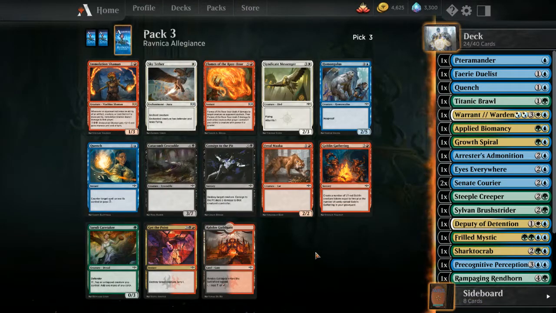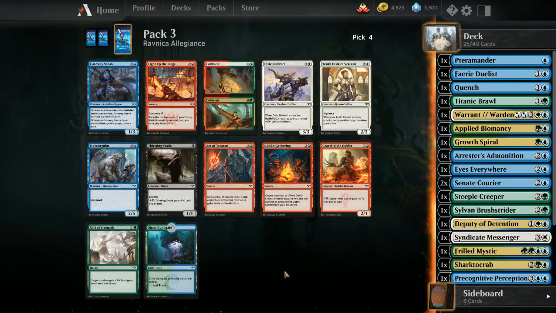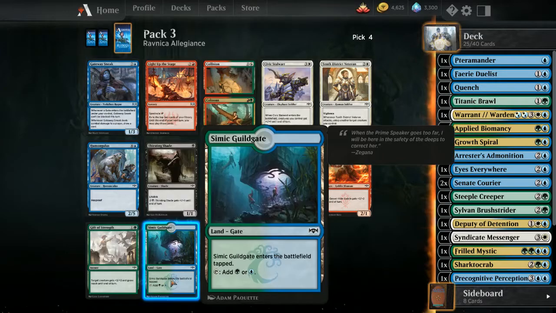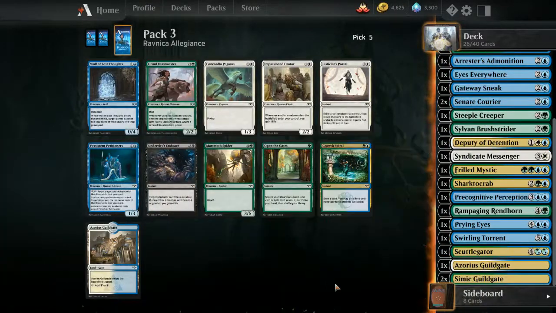Probably missed opportunity. People are getting angry at me at this point. Well, I'm not gonna rare draft this one. Sky Tether. Syndicate Messengers. Oh, that's a good one, I guess. Gateway Sneak. This does draw us cards. I will take it. Actually, an interesting thing about getting more guild gates is...